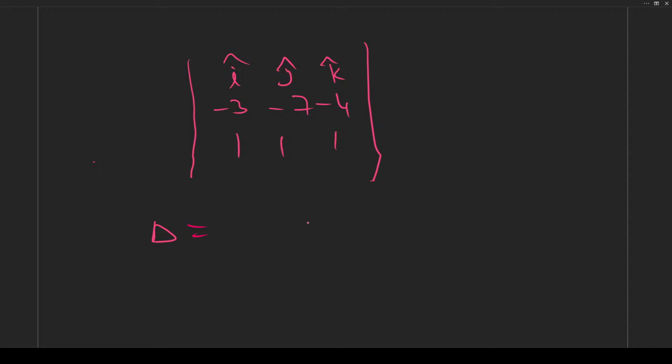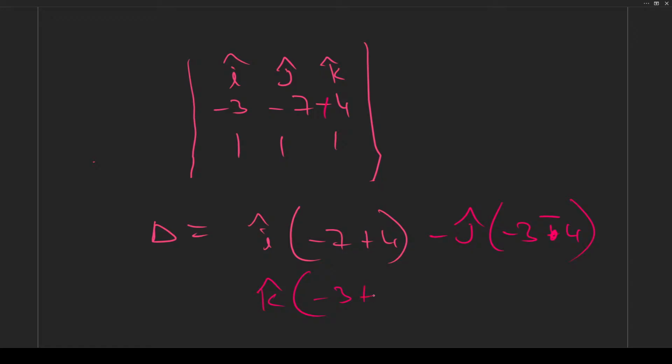Delta, which will get it as I cap minus 7 plus 4 minus j cap minus 3 plus 4 and k cap, which will get it as... wait a second, this was plus 4, so this will become minus, and it is minus 3 plus 7,